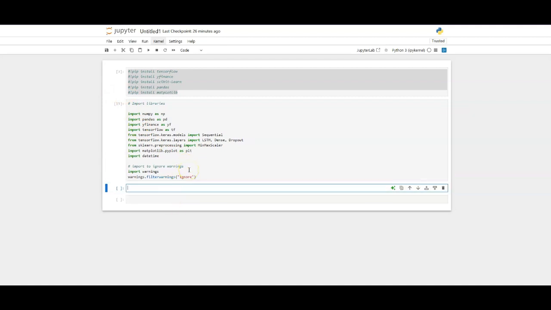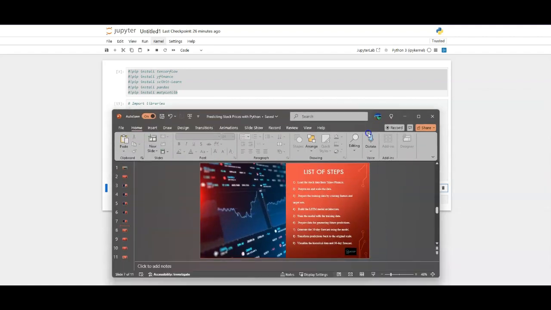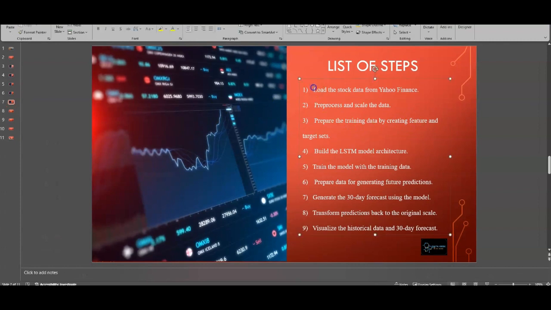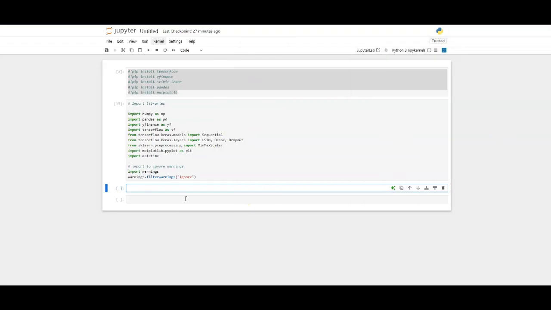Now that I have all of my libraries, the next thing I will do is go back to my steps. In my list, it says load the stock data from Yahoo Finance. That's the first thing we're going to do after we imported our libraries. Let's go ahead and highlight that, showing that we're doing that step. Now I'll put a little note here: step 1, we will be doing download stock